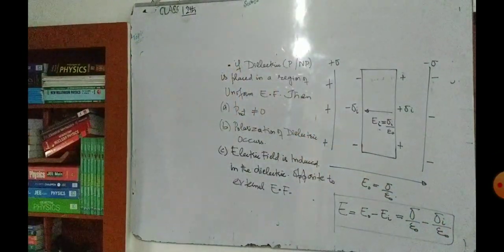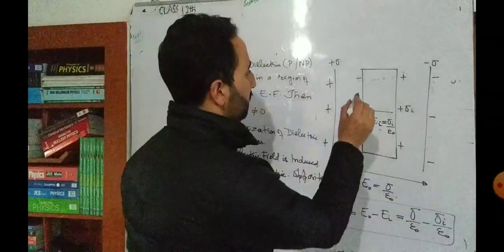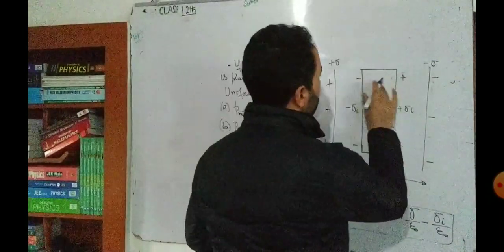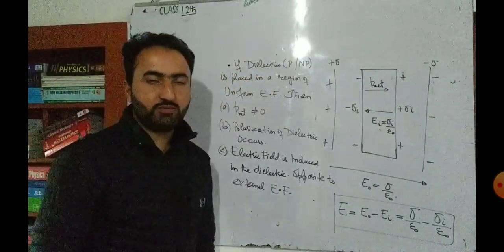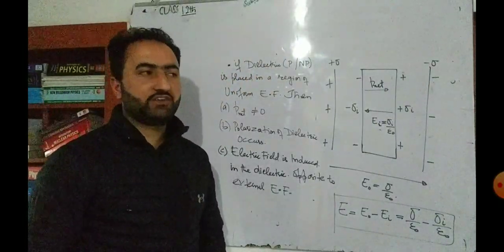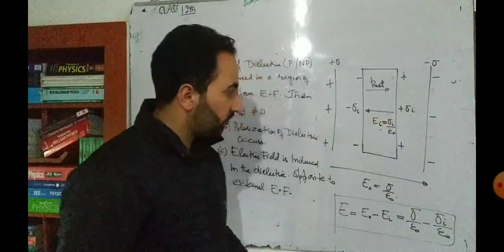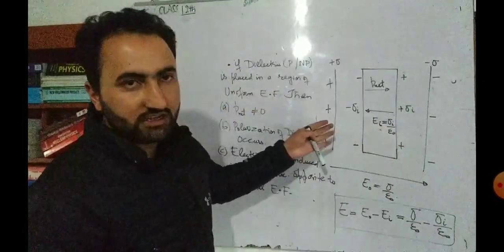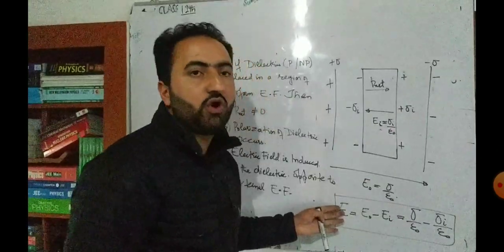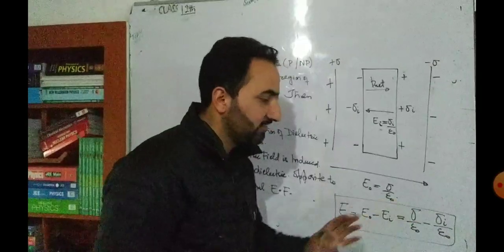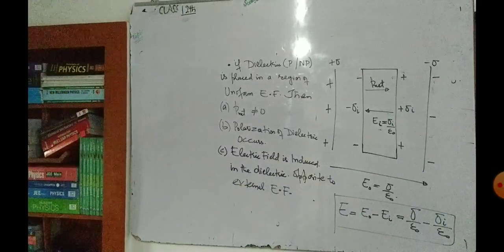So write down all these important points. Simply, if a dielectric is placed in a region of electric field, number one, the dipole moment of the dielectric will be in this direction. So there is a P net, which is not equal to 0. Dipole moment will no longer be equal to 0. Polarization will occur. Electric field will be induced inside, and that's called the induced electric field, which will be equal to sigma I by epsilon 0. Now this is the external field, and this is the internal field, and the two are opposed to each other. So this will cancel a part of this. That means we are left with what we call the residual or remnant electric field, and that's like this. ठीक है ना बेटा? So pause the screen and write down. यहाँ तक लिखो बेटा.